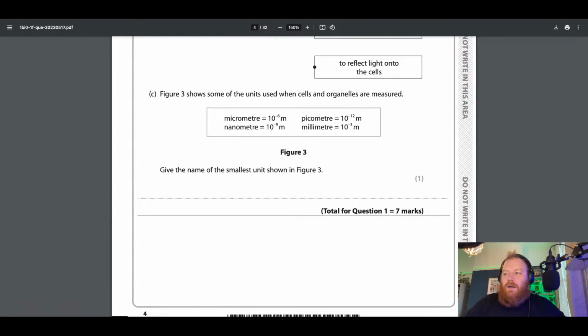So micrometer is smaller than a millimeter. Nanometer is a thousandth of a micrometer, and a picometer is a thousandth of a nanometer. So when we're going through